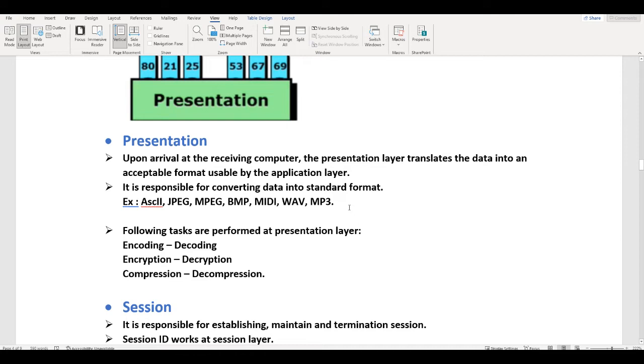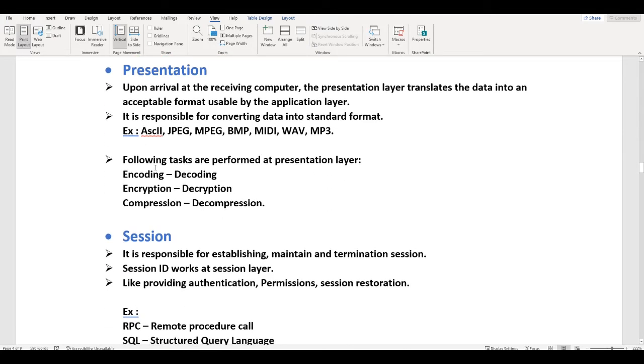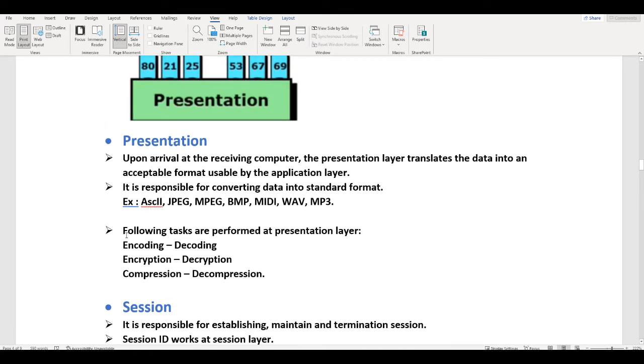It can be any format, so the presentation layer will convert the data. These are the following tasks performed at the presentation layer: it will encode and decode, encrypt and decrypt, and compress and decompress.